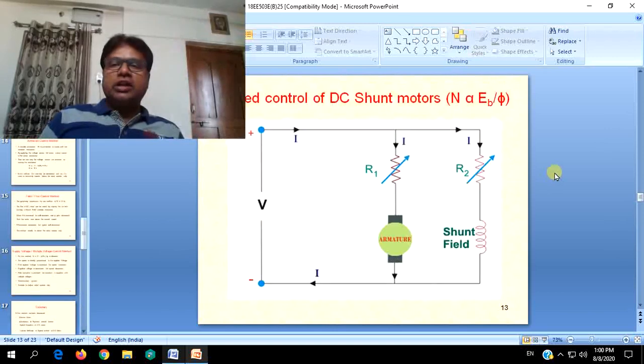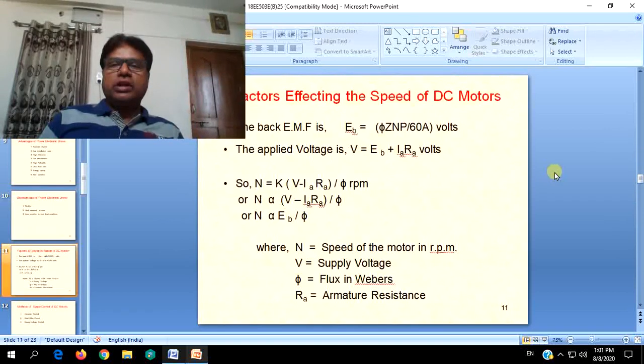So that is EB or back EMF or counter EMF, which will be induced in opposition to the